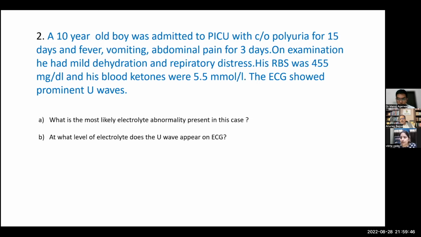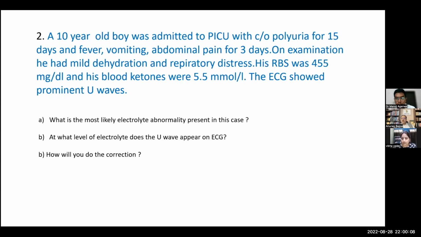So less than 2.5 it is. At less than 3, generally nothing much happens, but at 2.5, you start having these problems. Of course, as the severity progresses, the other variations will become more prominent. So this means that there is severe hypokalemia. And the next question is, how will you do the correction in the hypokalemia with the potassium of 2.5?